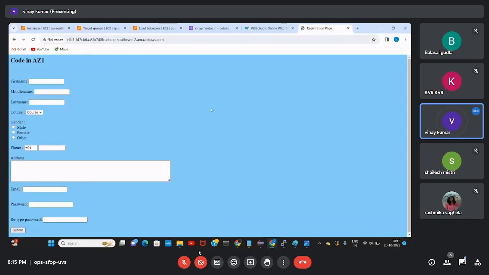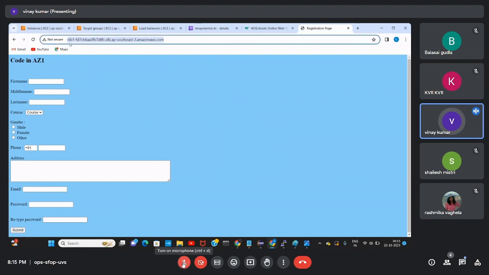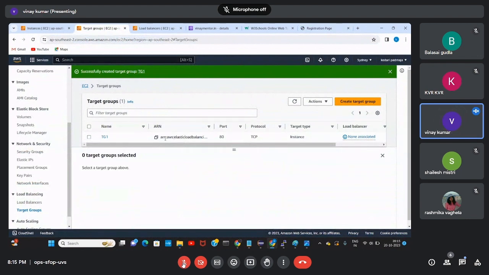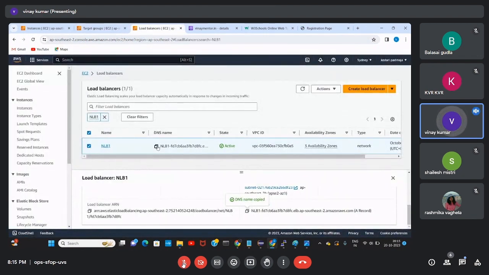Got it? This is my load balancer DNS. See, NLB, and this one is the target group. This is my load balancer DNS.